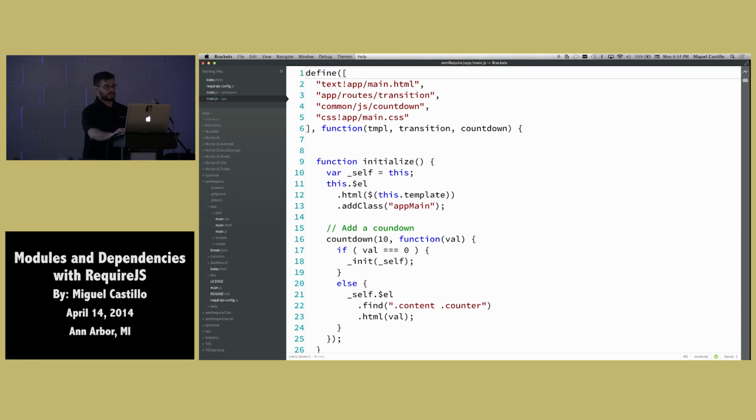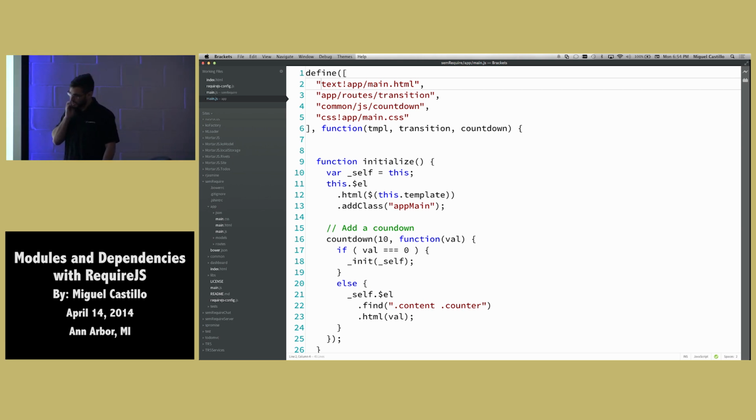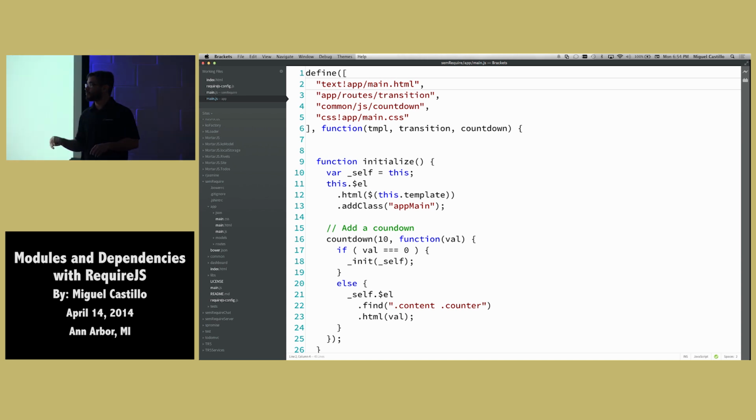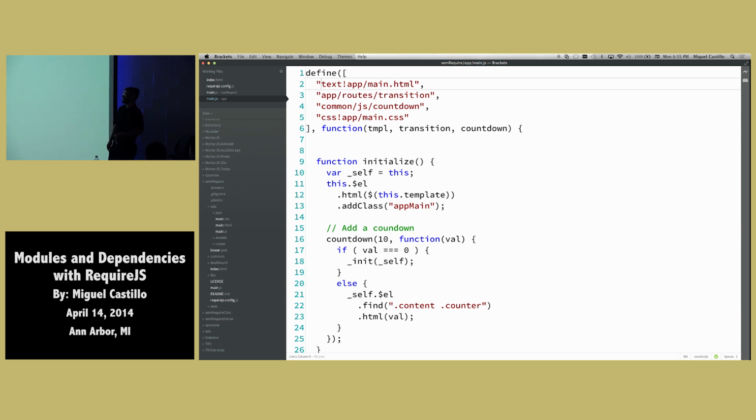So I was mentioning that Require.js has plugins. Require.js actually expects by default that everything is going to be a script, which is good, right? But James Burke, the guy that wrote this awesome software, realized that not everything is a JavaScript file. You have other assets, like main HTML. It's just a text file. So there were some people, I don't know if it was him actually, may have been him, that created the text